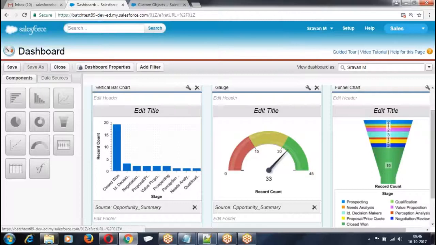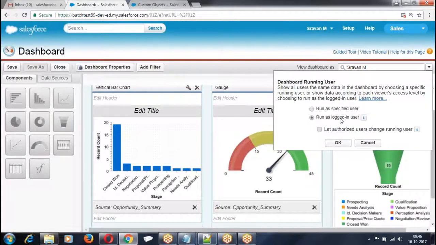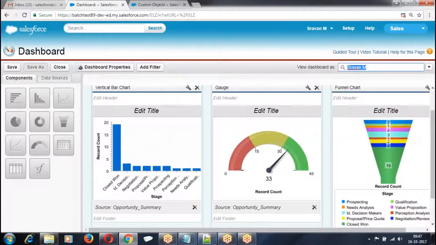Now, the dashboard should be created on whose data? The dashboard should be created on the person who logged in. The person who logged in, take his data and create a dashboard. Or you want to create the dashboard like some other report, because dashboards are created based on a report. If I log in, my report is different. If you log in, your report is different. So when you want to create a dashboard, they're asking, dashboard should be created from whose perspective? Do you want the dashboard to be created as a server? Or you want the dashboard to be created as the logged in user? You want to take the dashboard as the logged in user. The person who logged in, run the dashboard like him. Or you want to run the dashboard like